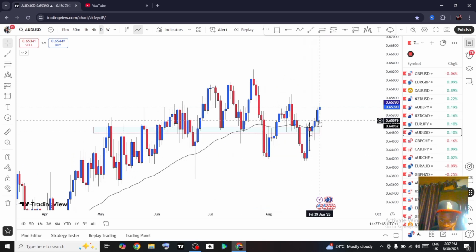If you want to invest on US stocks, AUDUSD is currently bullish on the daily time frame, right? So let me show you what I'm looking at. This right here,